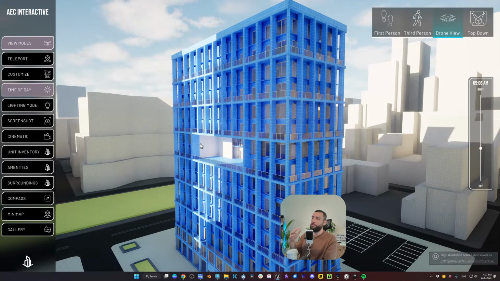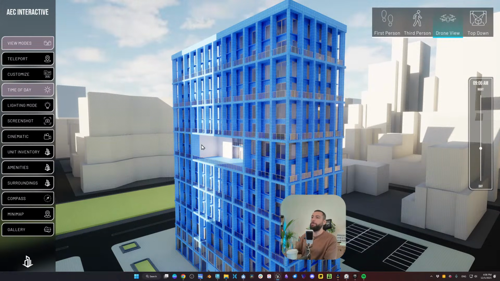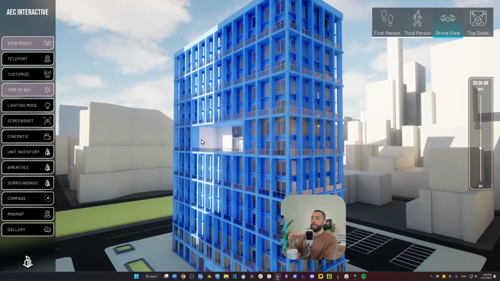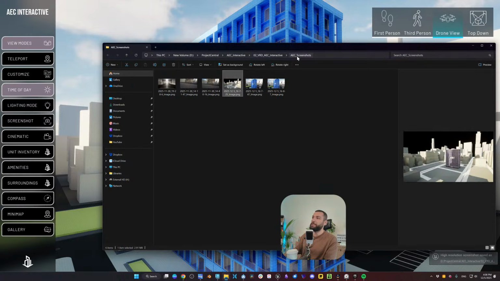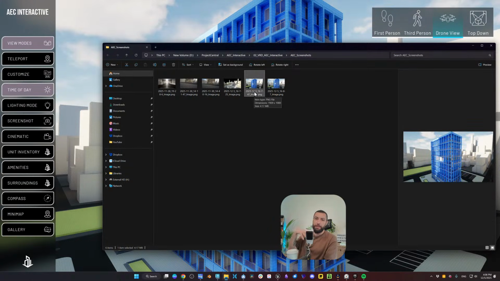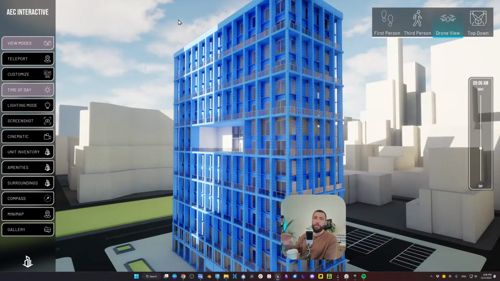Imagine in your company, if you are working with artists and you have a marketing team, social media team, whether you're in real estate or archviz and so on, and you want people to take their own material, that's the reason we have something like screenshot. So when you take a screenshot, it will set the date and it will save in a special folder next to the project, and you can basically set the resolution and so on. So all these things I explain in detail in the lessons that you will find on the Academy.